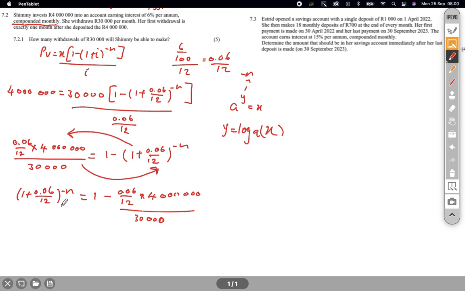And our a, which was the base, is the base of the log. So you can see that this is that. And our x would just be the whole case, which is over here. So now, to solve this, we're going to say negative n, which is our y, equals log of a, which is this bracket,